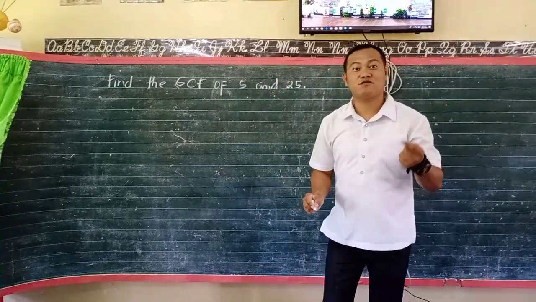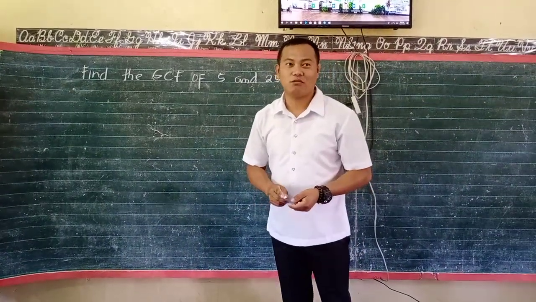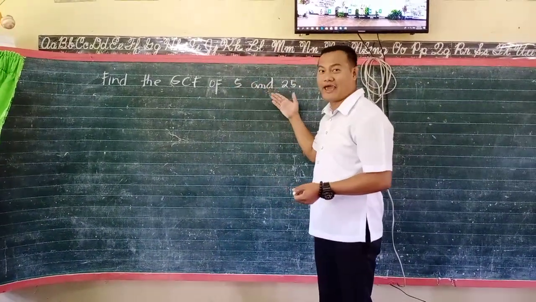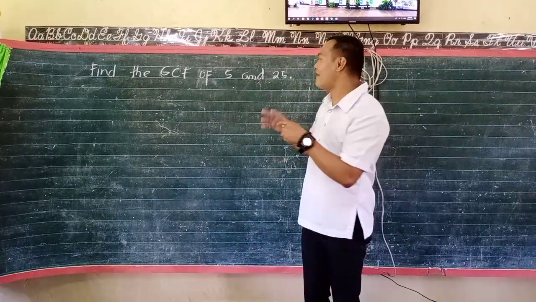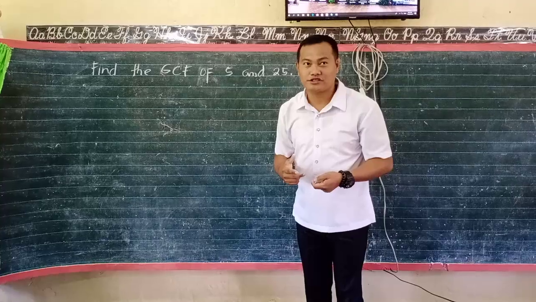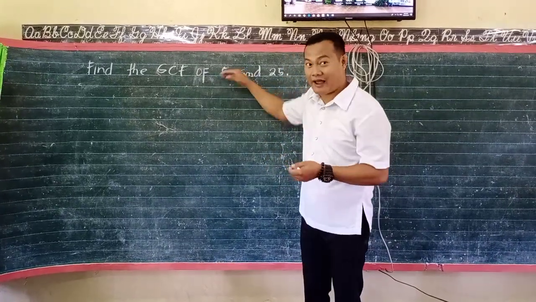So we are tasked to find the greatest common factor of 5 and 25. Going back to the definition, we have to list the prime factors of each number, that is 5 and